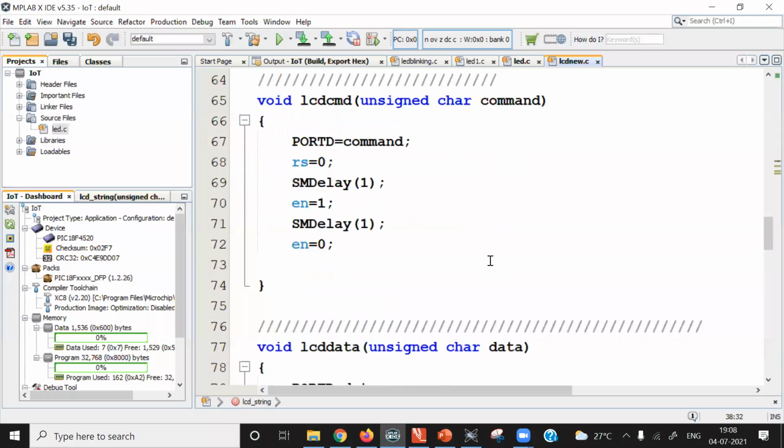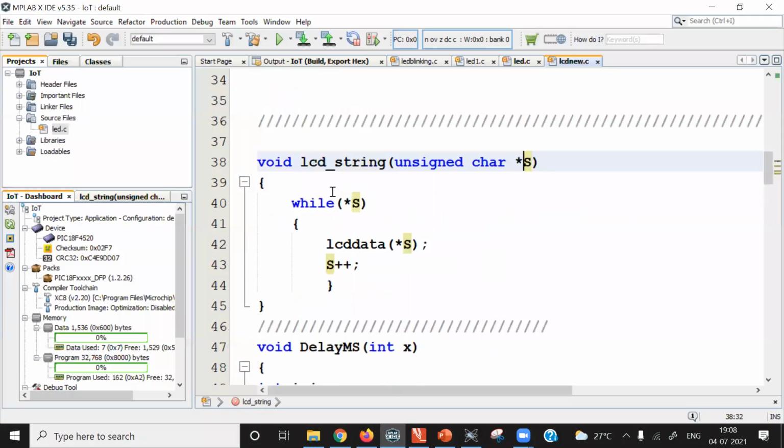But when I am writing this function, in the parameter here, I am declaring a pointer. So what happens is that when this function is called from the main program with the message, this pointer receives the address of the first character.